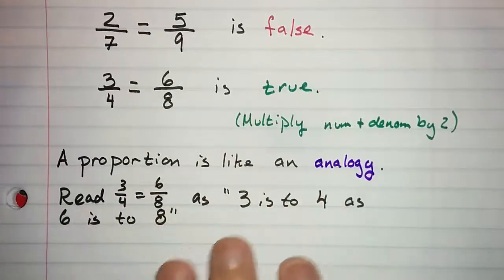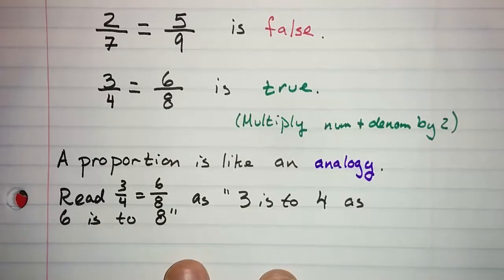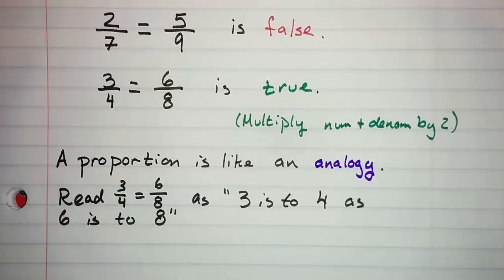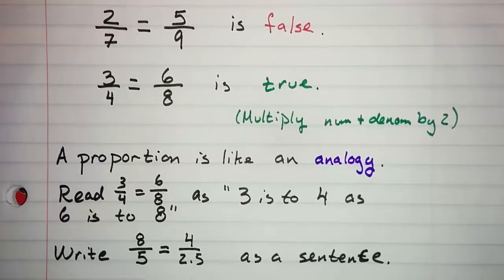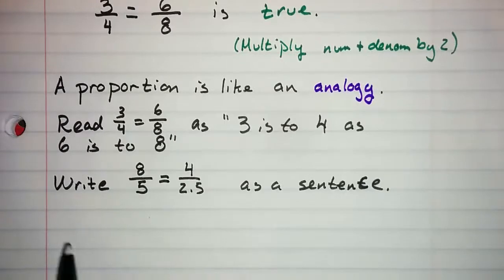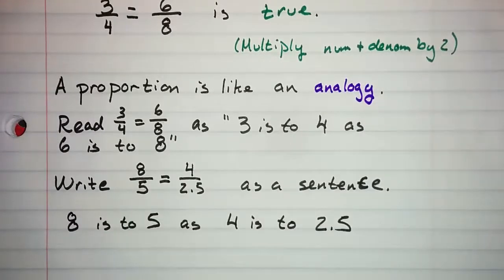So just to practice this idea, I'm going to have you write a sentence from a proportion. Don't really worry about whether the proportion is true or false. Just write down the sentence. Write 8/5 equals 4/2.5 as a sentence. Pause the video and try this now. Alright, as a sentence, this says 8 is to 5 as